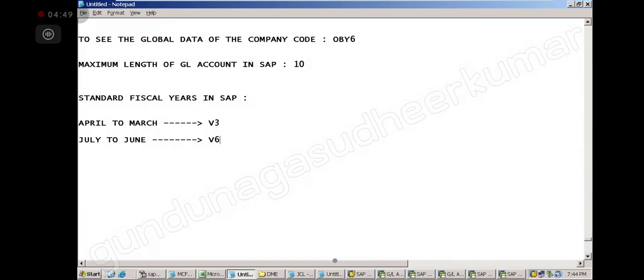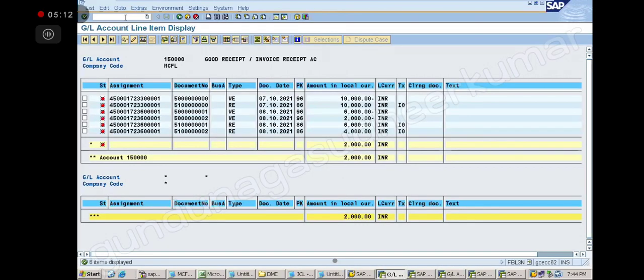But the T3 I don't have to create, right? D3 is already there. I can use D3 directly. So standard, ready-made, built-in financial years are there. Those we call V3 like that. Sir, if you go to your OB29, they are already there.